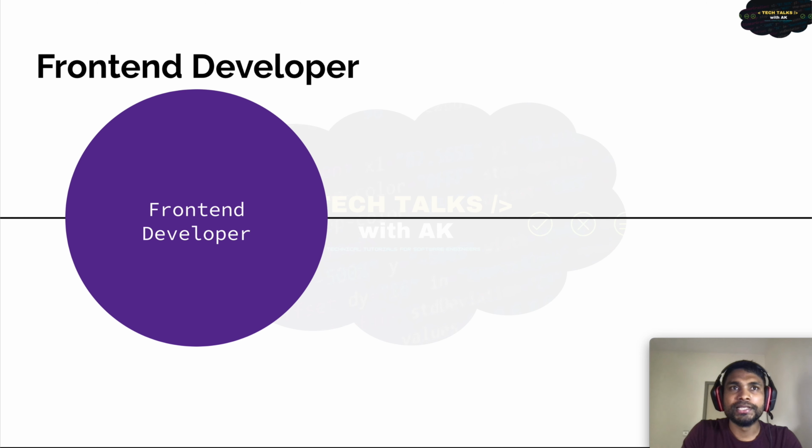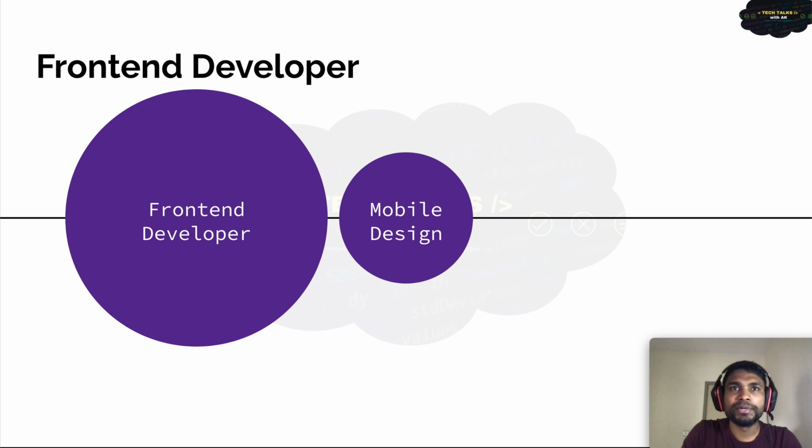The basic skills required to learn for a front-end developer are HTML, CSS, and JavaScript. Nowadays, most users use websites on their mobile. So when creating a website, developers must also keep in mind how it looks on desktop and mobile devices. CSS media queries are used for this purpose with a mobile-first design approach.